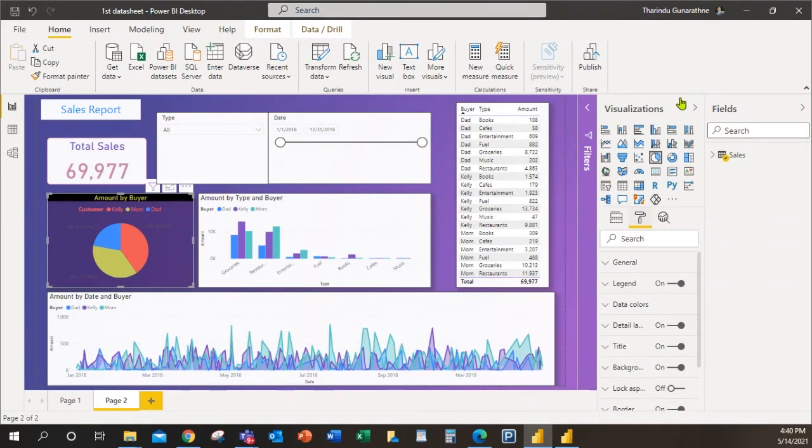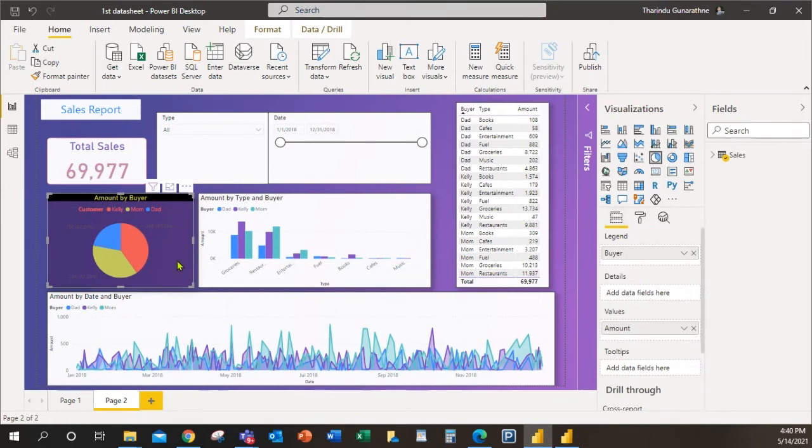Now you have that understanding about visualization, and from here, let me show. Now here we call these three values legends, right? Then how can you get the legend from here to here? You need to select that legend from here and drag and drop to here.